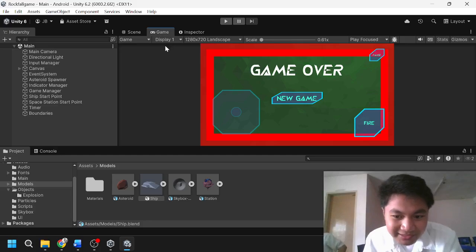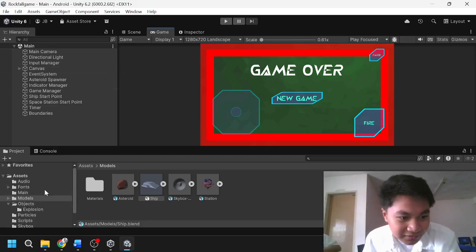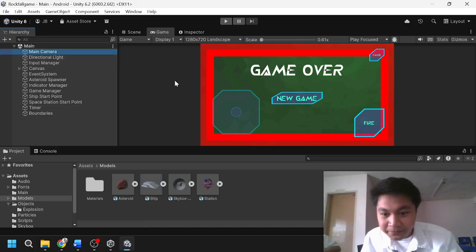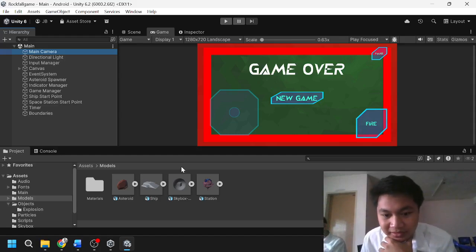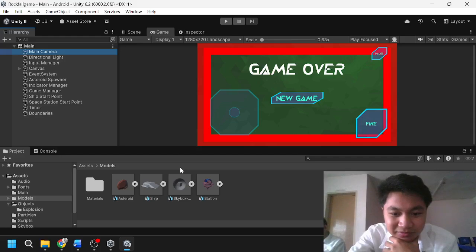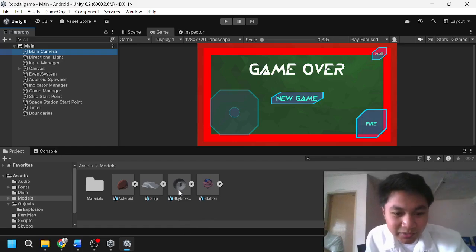Next, we wanted the camera to follow the ship smoothly rather than being parented directly to it. We added a new script to the main camera called smoothfollow.cs. This script calculates a position behind and above the spaceship, then smoothly interpolates the camera toward that position every frame.